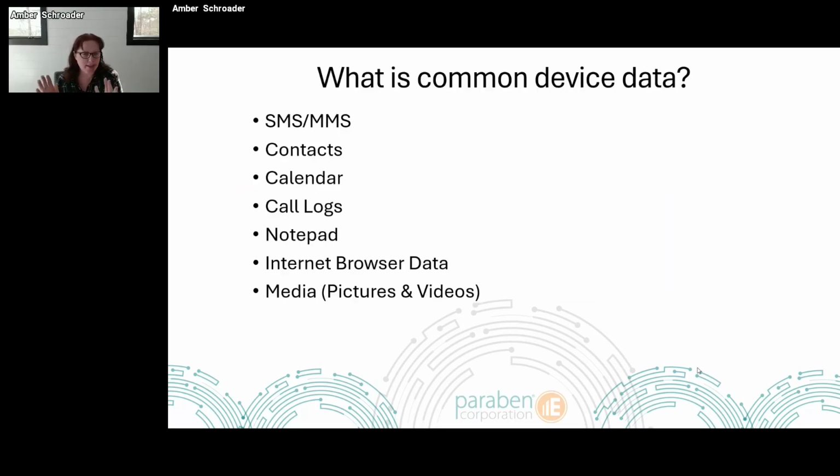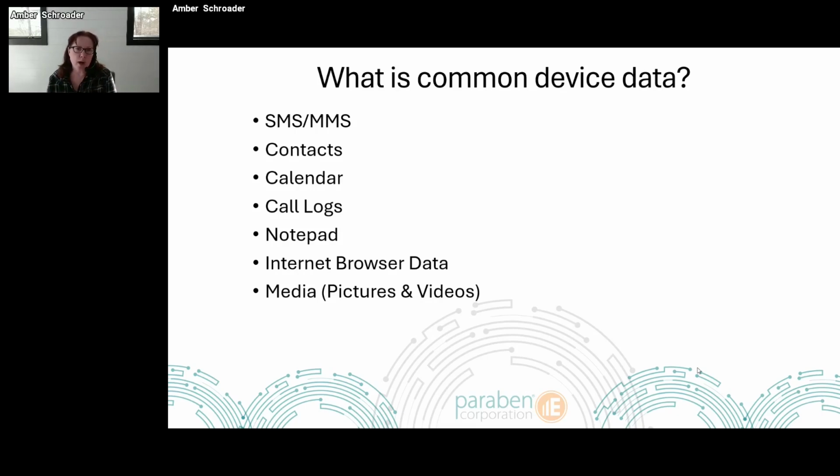I will say this phrase probably a gazillion times, but it's called a reasonable expectation of data. And I think this is where we end up having a lot of problems as investigators: as we use different tools or are provided different images from different parties in our investigation, we don't know what our reasonable expectation of data should be. As long as you have that information, that's really going to tell you, did I get everything I should have from the opposing side in my investigation?